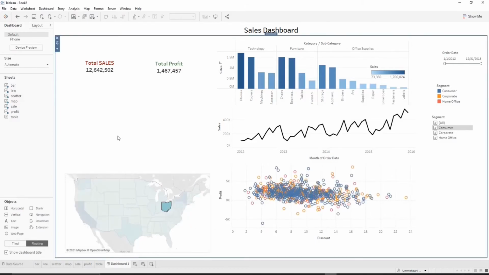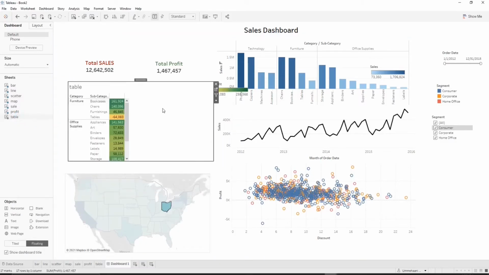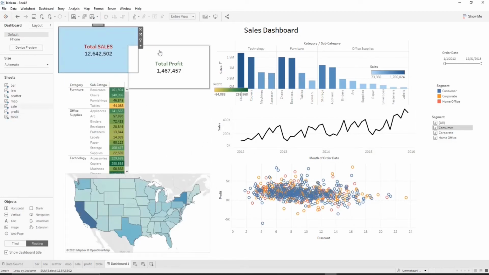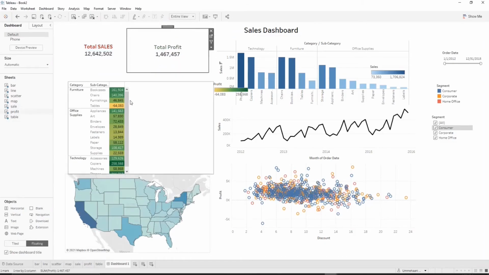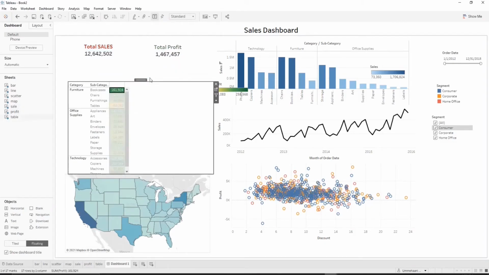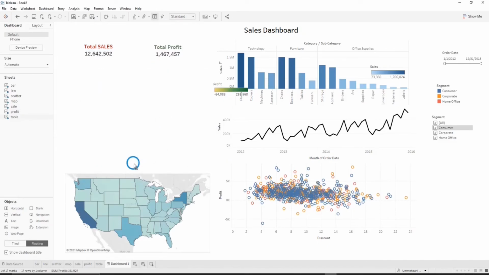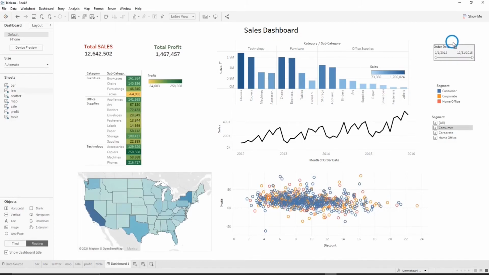Let us bring in the last, the tabular chart over here, and left click and bring the tabular chart. Now you have to resize it, so we will hide the title and then we will send our KPIs a little up so we can adjust the chart completely inside that box, and then I will click on the lines and adjust it and we will resize it. Updated. Now let's arrange our filters. So we will resize them and change their position so they are in alignment with the charts.